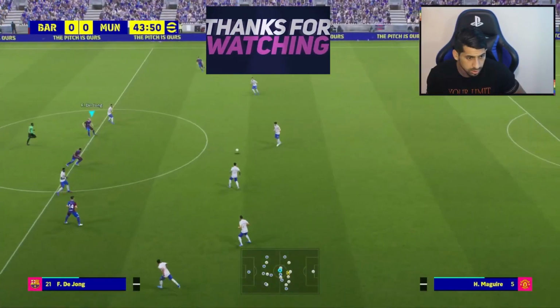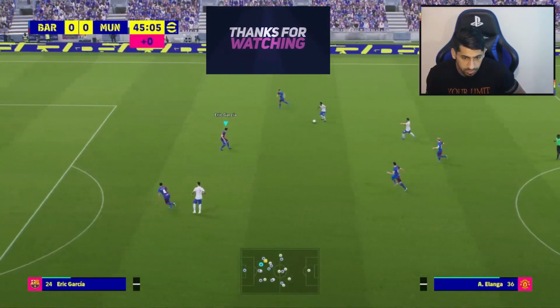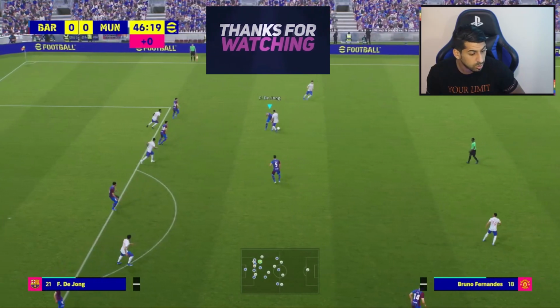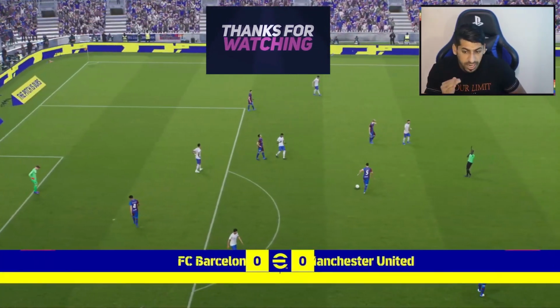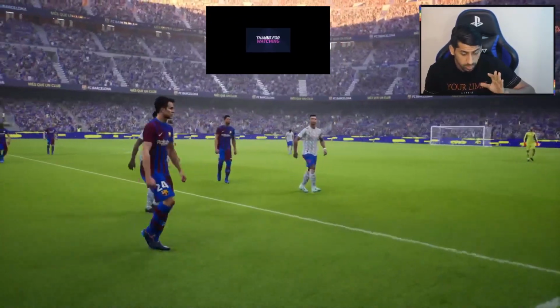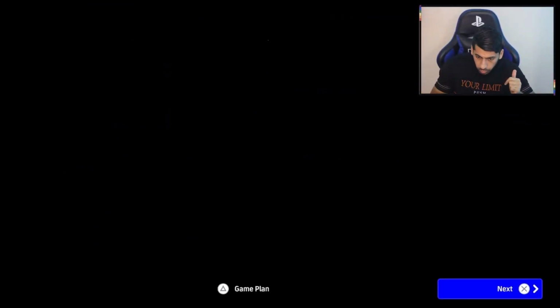Let's try again. See here, just switching between players, okay? See the defender. That's L2. L2 just takes time to cut his pass, to intercept the pass. And sometimes if he's trying to dribble you one-on-one, you press L2 against him. He's going for you and you will take a